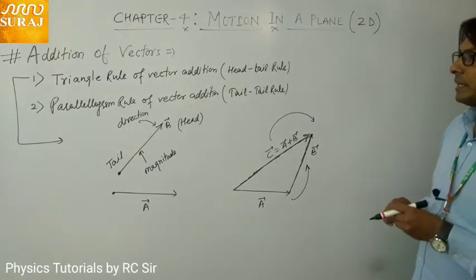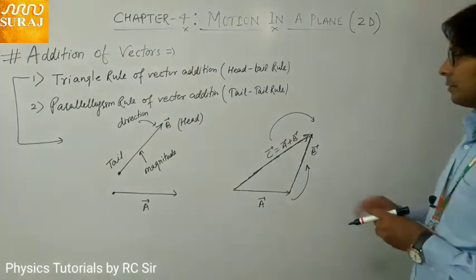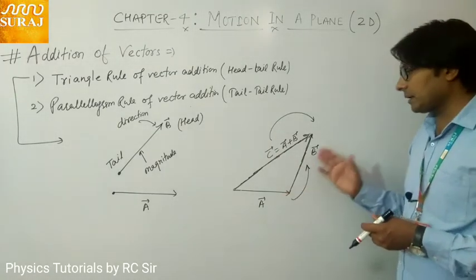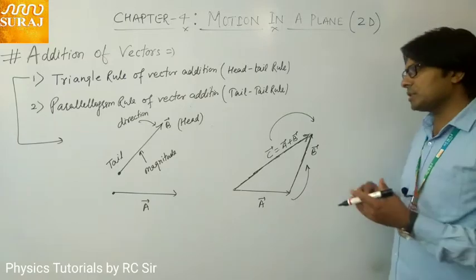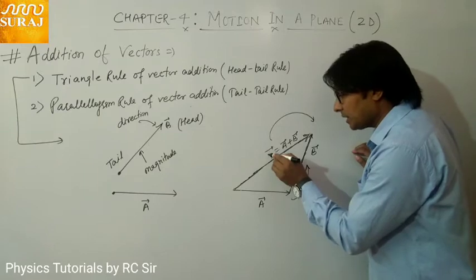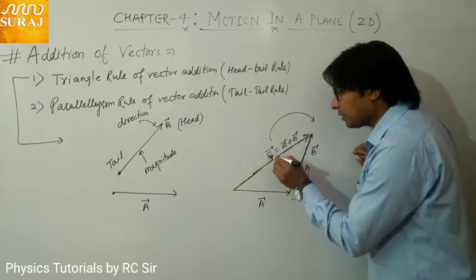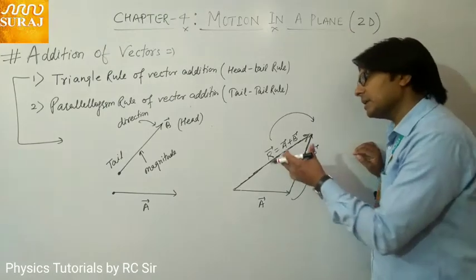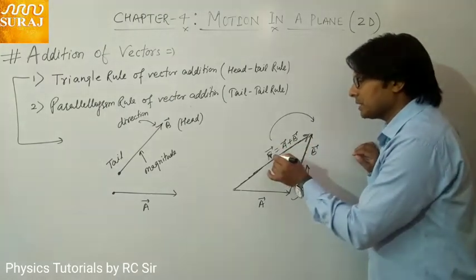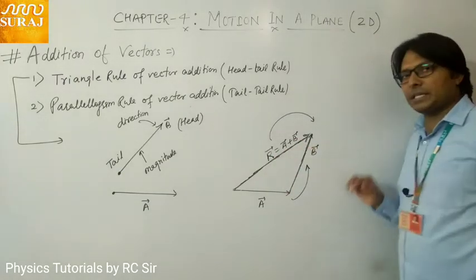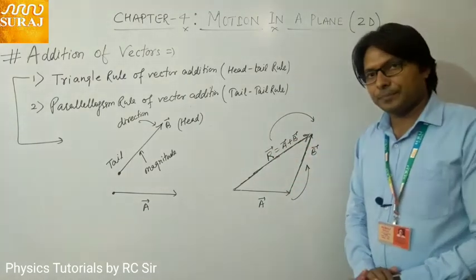Okay, now we will derive the formula of the resultant vector, that is C vector, in terms of A vector and B vector. But in some books this resultant vector is denoted as R vector. So here also I am denoting it as R vector. There is no harm in denoting this resultant vector as C vector, but here for simplification, or you can say for the general convention, we are representing it as R vector.